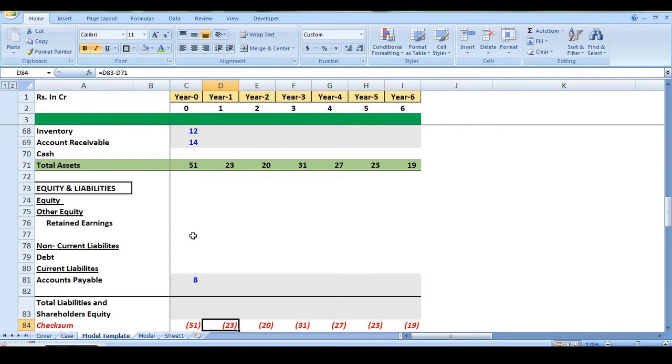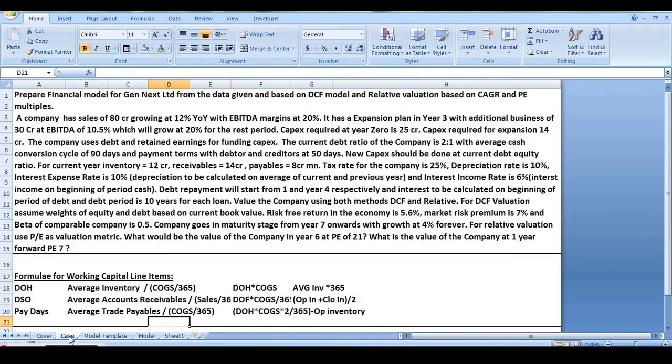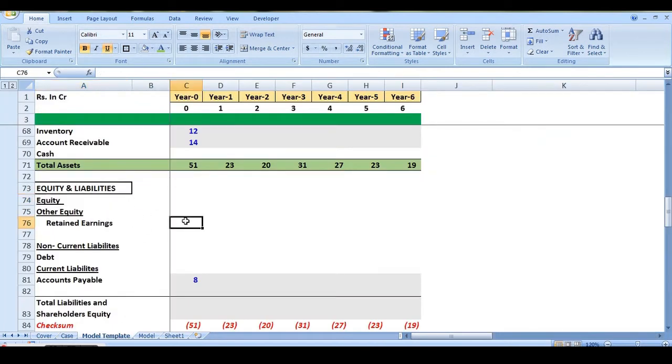Now starting with the equity and liabilities, the equity part, if we read the case carefully, it does not have any equity given to us, but it gives us retained earnings. Now retained earnings are basically retained earnings up to previous year plus the profit after tax or surplus of current year. Now there are no retained earnings of previous year, so we will mark it 0. Now previous year in this case will be year -1, or the year previous to the current year. Now there are no retained earnings given to us for year -1, so we consider them to be 0,